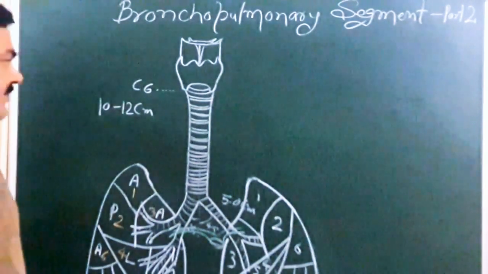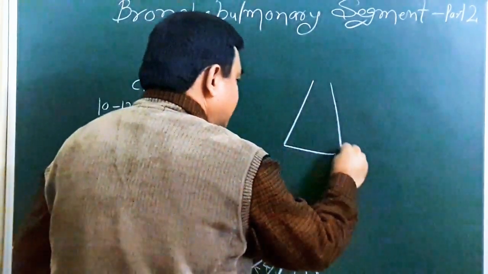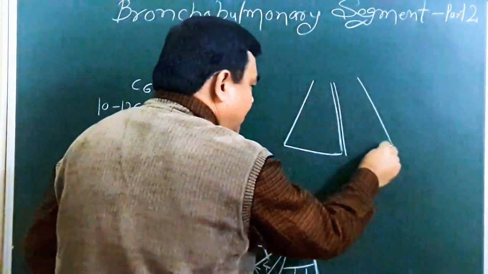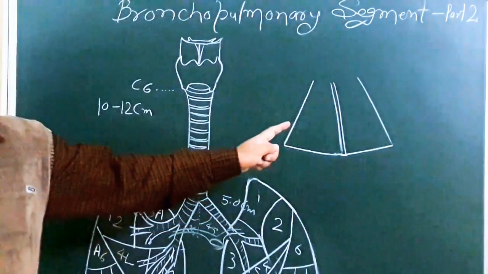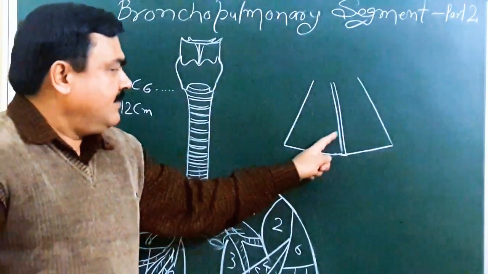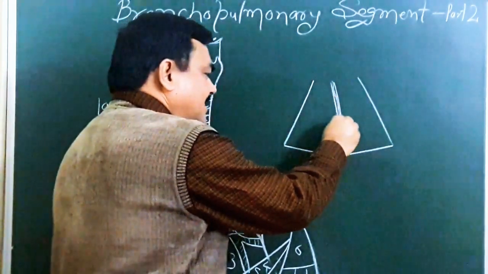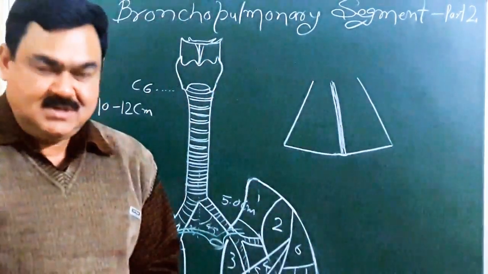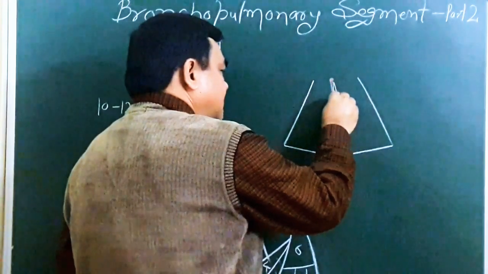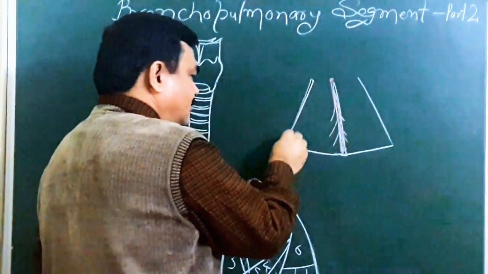Now we will make separately and explain one bronchopulmonary segment. This is one bronchopulmonary segment. This is another which is adjacent to this bronchopulmonary segment, and shape of this segment is wedge shaped. It has apex, it has base. Here, in between two adjacent bronchopulmonary segments there is intersegmental plane made up of connective tissue, and here pulmonary vein passes. This pulmonary vein passes through intersegmental plane.